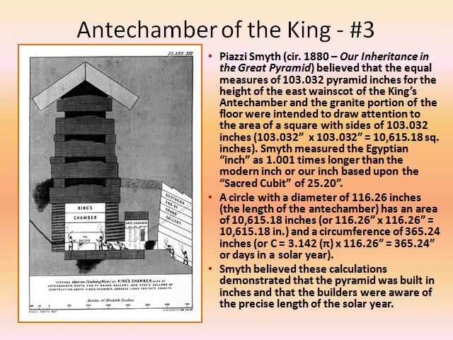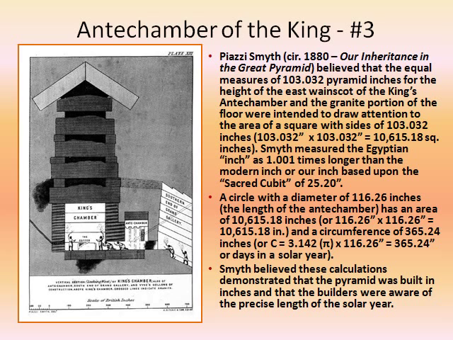10,615.18 square inches. Smythe measured the Egyptian inch as 1.001 times longer than the modern inch, or our inch, based upon the sacred cubit of 25.20 inches. Now a circle with a diameter of 116.26 inches, the length of the antechamber, has an area of 10,615.18 inches, or